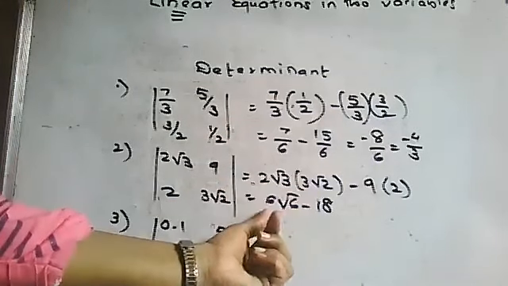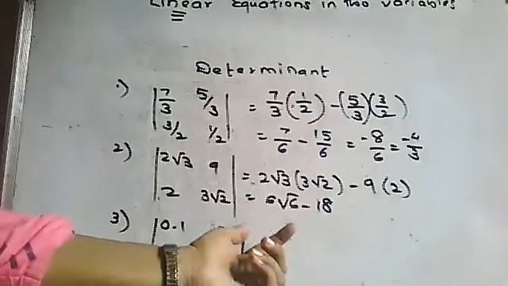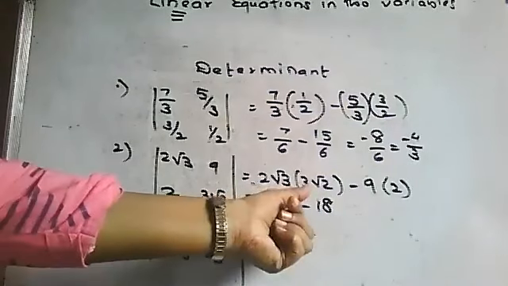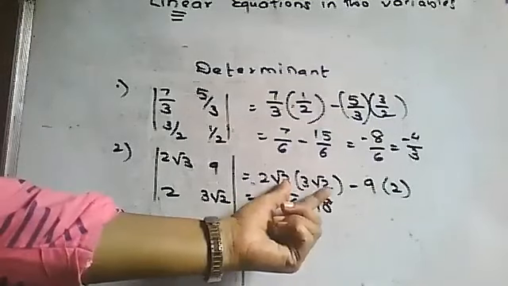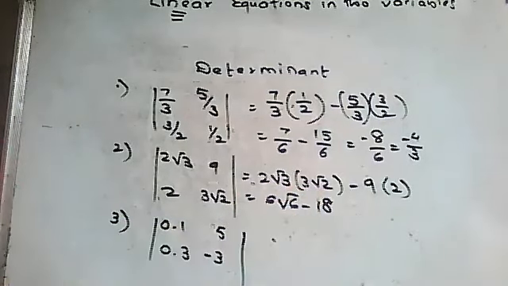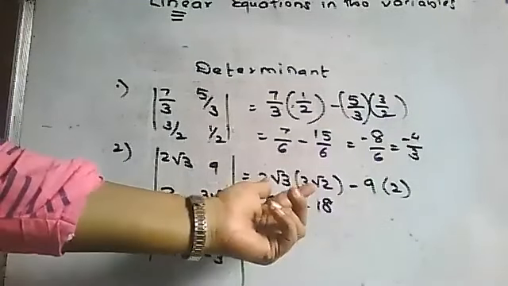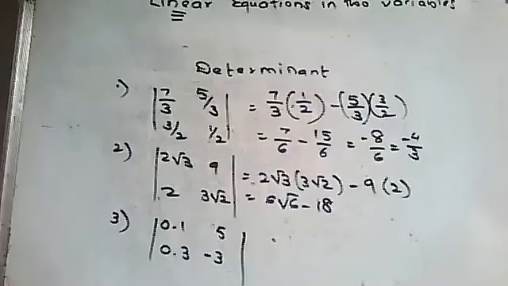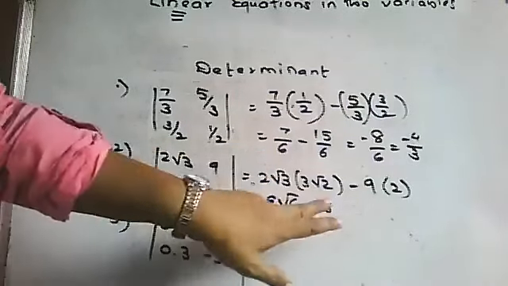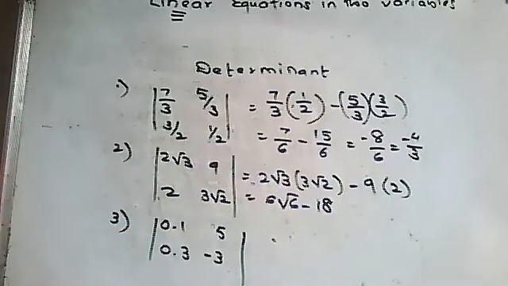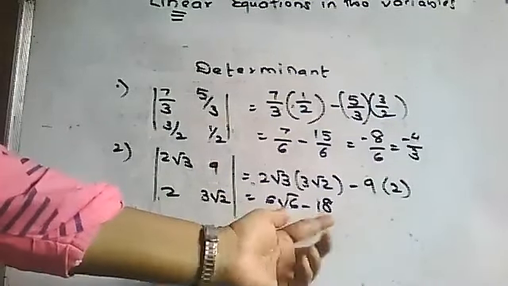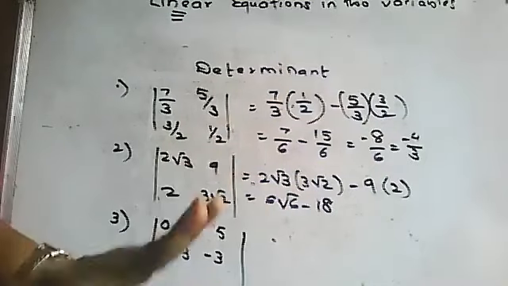You have to multiply the outside numbers, and multiply the inside numbers. That is rational into rational. 2 into 3, which I am taking 2 into 3, I multiplied 6, and root 3 into root 2 I multiplied to root 6. See which numbers I took for multiplication, outside or inside. Remember, rational into rational, irrational into irrational. And 9 to the 18, that's all. Nothing can be done for this. Correct, Shriya Shubhra, correct. Nothing can be done because these are not like terms, so you cannot add at all.